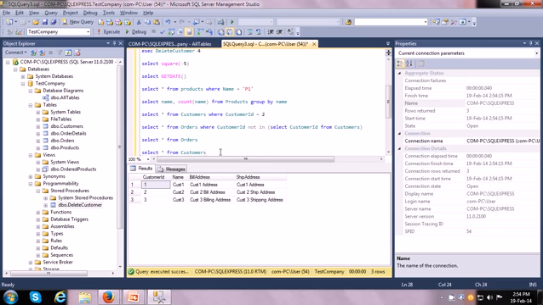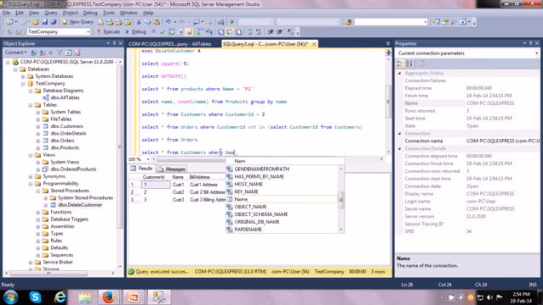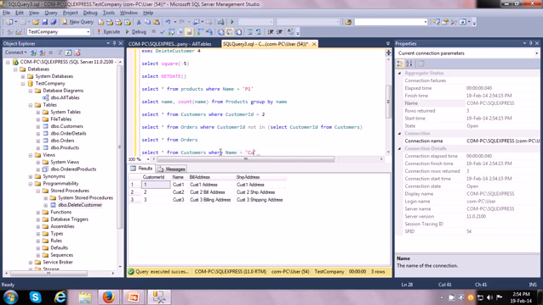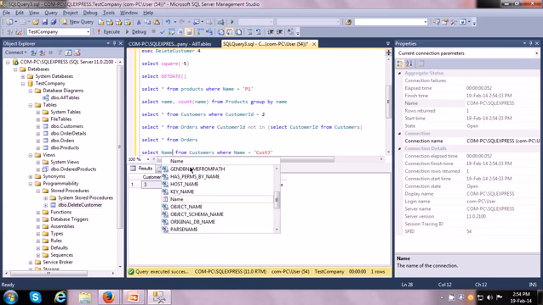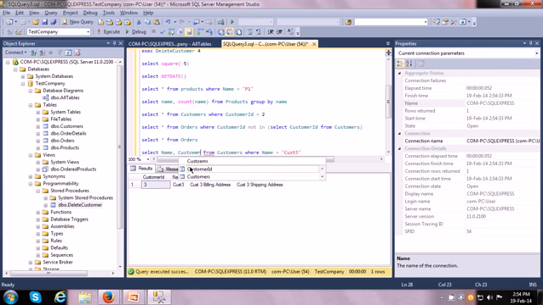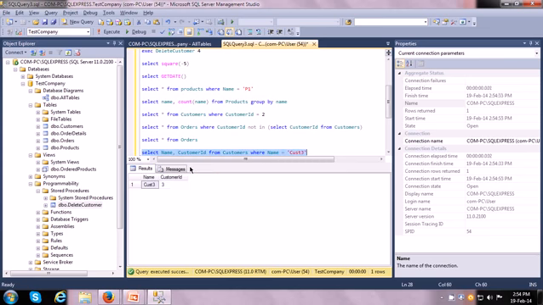And you can restrict the data if you are looking for something specific by using the where clause. So where name is equal to, let us say you want only to see cust3, it will show you only those rows where the condition name is equal to cust3. You can also restrict the columns. Instead of star, you can specify what columns you want. Let us say you just want name and customer ID, so you can specify those columns. And just by writing these simple queries, you will be able to do the majority of the testing.